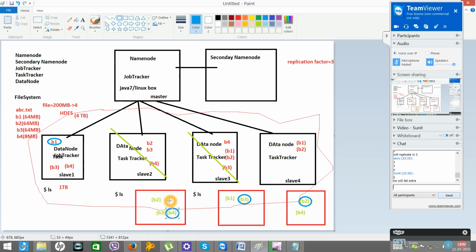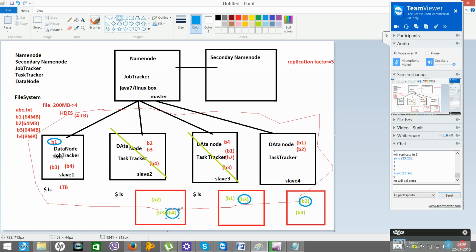Try to understand, I'm not saying that it is dead or that this node went out of order. This node is still alive, but it is taking a lot of time to process the data. So what may happen?